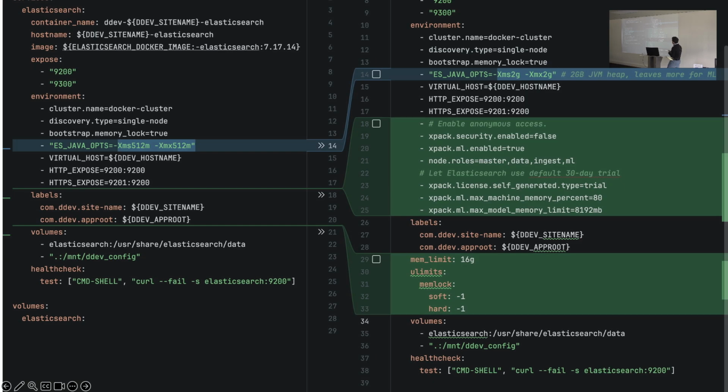So the first is resources, then enabling the license, and the other one is enabling security, the XPack security. We set that to false because when we were working with this, we found some issues and it was quite difficult. We always had to authenticate. It's just for a good developer experience to disable the security. I mean, you're not going to hurt your PC.